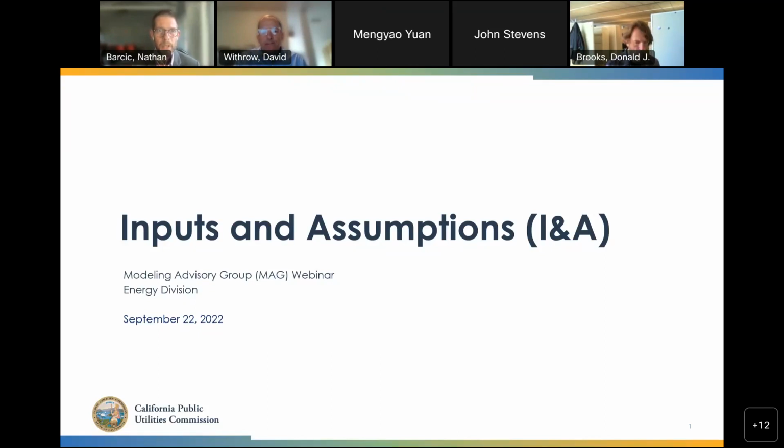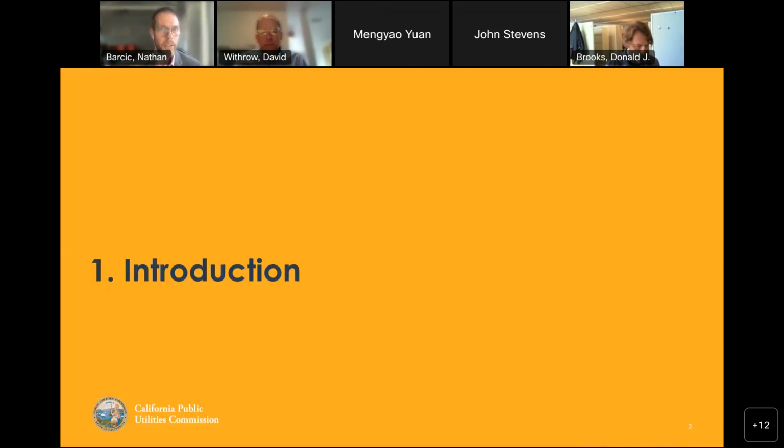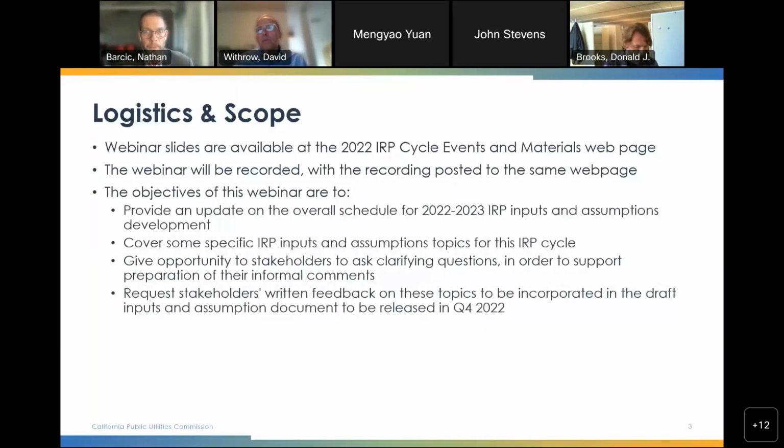We want to give you a couple notes about logistics and scope. This might seem familiar to a few of you, but on slide 3, let's cover some basics. Slides, as Paul Clackwood just asked in the Q&A, are not available yet on the site, but they should be available soon. Next slide, please, David. Some of you may have heard the audio recording has been flipped on, so this webinar is being